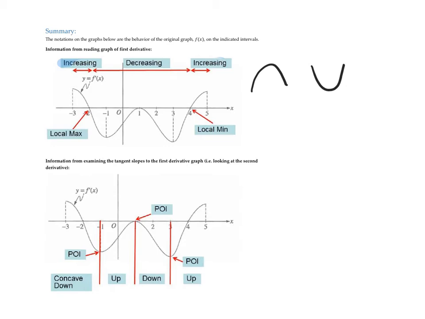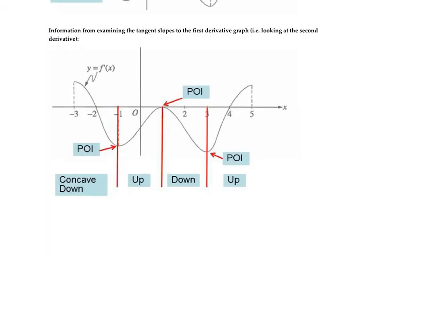Okay, the next thing we're going to look at is the slopes of the derivative rather than the derivative's y values itself. So we take a look at this graph, and it's still the same graph. It's still the graph of f prime, but now we're going to be looking at information about when this function is increasing or decreasing. So right here, the derivative is decreasing, and then also here, and then it is increasing